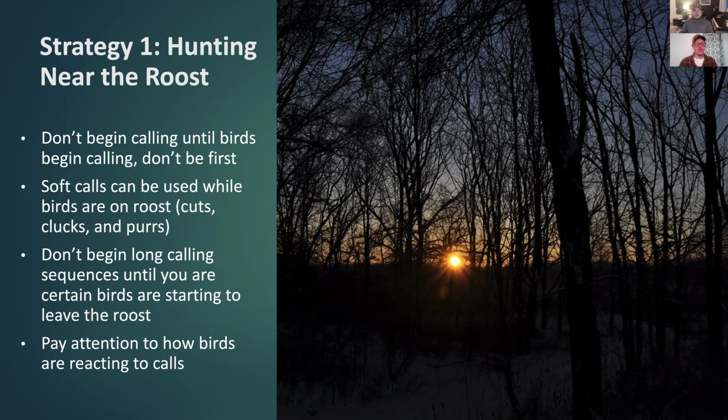If they're not paying attention to me, then I will just shut up and see what happens. But if they start talking and then I give a little and they start gobbling and get excited, then I'm going to wait a little bit and give them another chirp, chirp, chirp and hope they give me another excited gobble back.